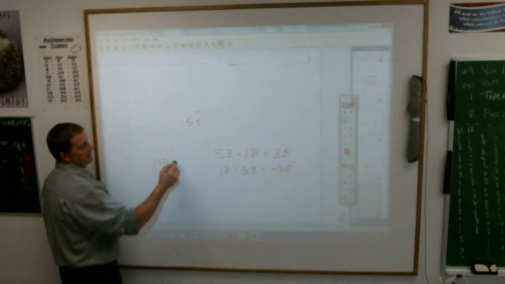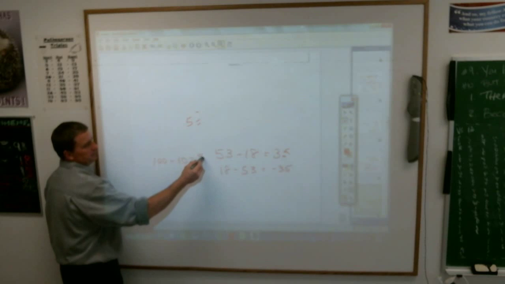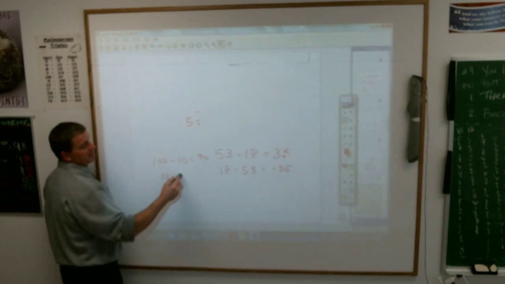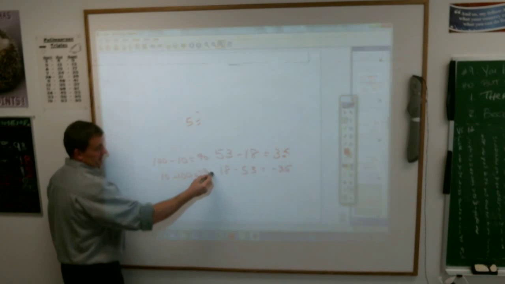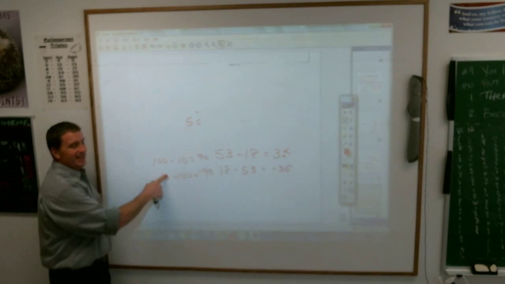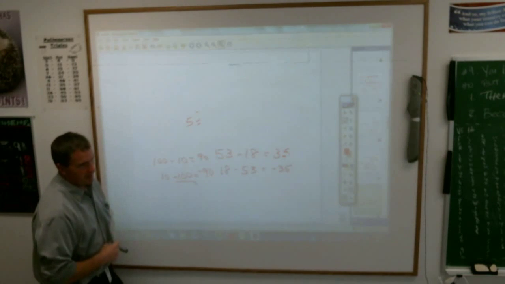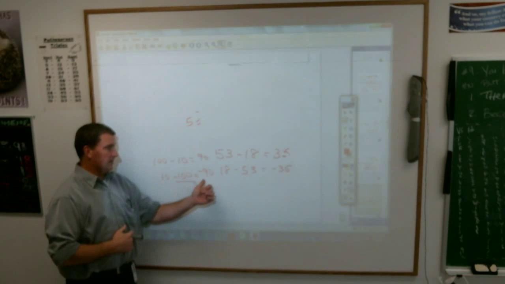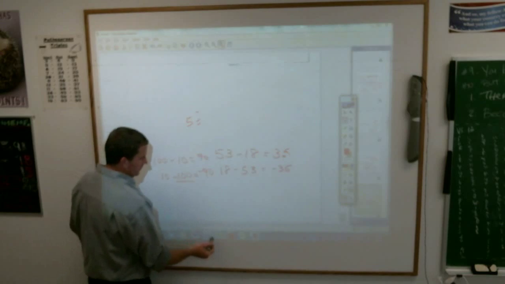100 minus 10 is 90. 10 minus 100 is negative 90. You're taking a big thing away from something that is small. If you have $10 and you borrow $100 from somebody, you're going to have to give them the $10 and you still are going to owe them. That's neither here nor there. We should stop now while we're still